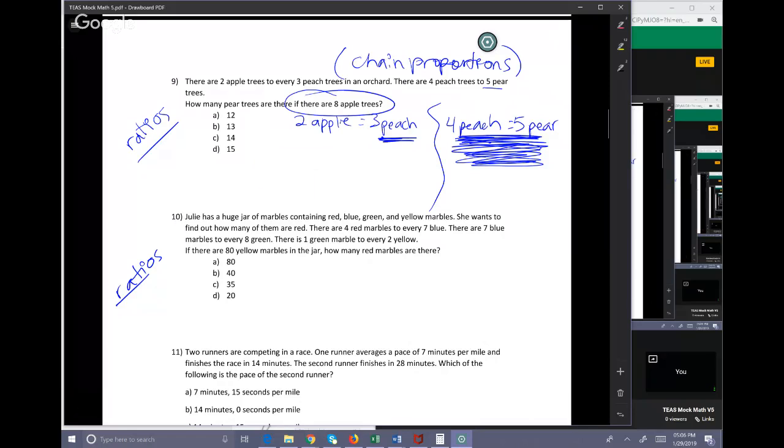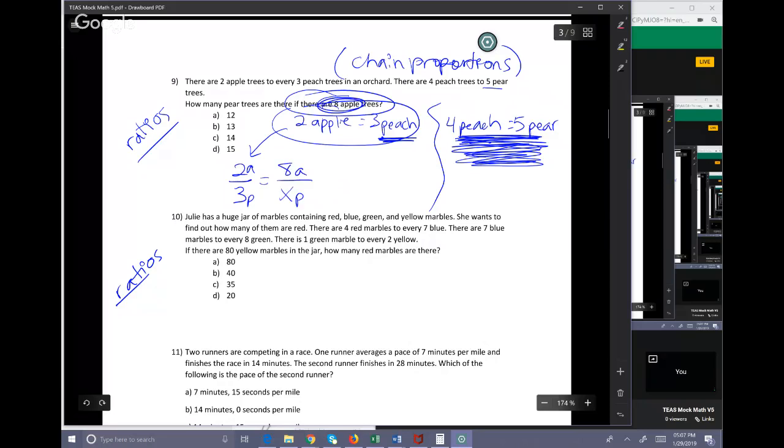That actually does something very important for me, though, because if you think about this first proportion that they gave us, we can compare apples to peaches. What this actually does is it gives us our whole first fraction. 2 apples is to 3 peaches. So this becomes that first known part of the proportion. And what this does is it gives me a 3rd unit. So this is apples, this is peaches. Now I have another quantity to put here with the apples so that I can find out the number of